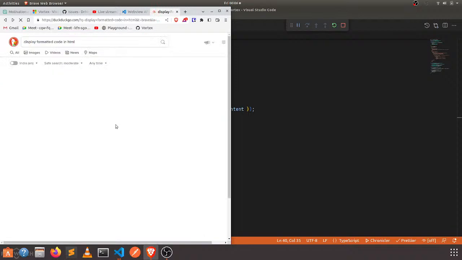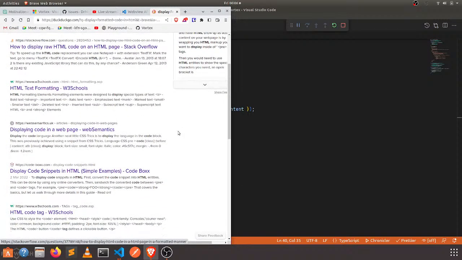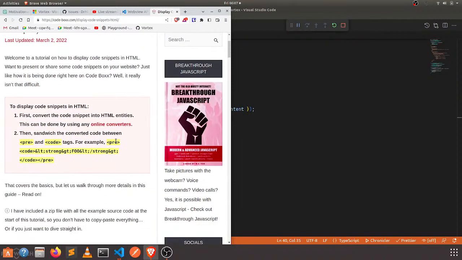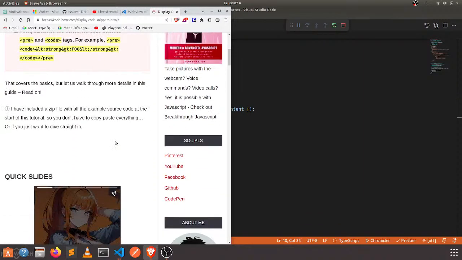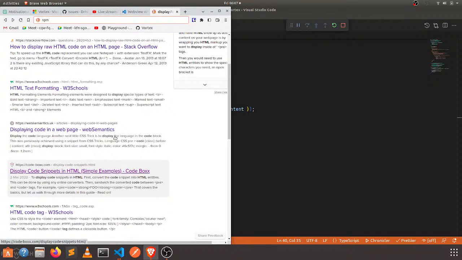Also using a JavaScript framework for that. Okay. Convert the code snippet into HTML entities. There should be a library that can do that. npm code